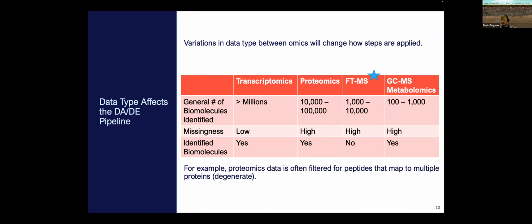You do end up with identified biomolecules at the end of proteomics. Then on the next magnitude down of size, you end up with FTMS, which you generally have 1,000 to 10,000 identified peaks, varies depending on the specific technology you're using. The missingness tends to be high. There tends to be lots of NAs in these data sets, and we don't have identified biomolecules at the end,